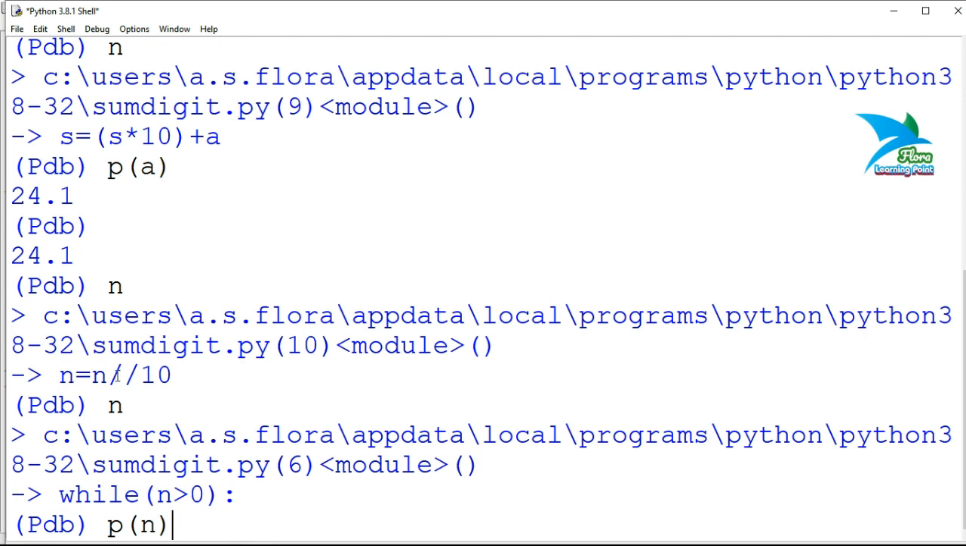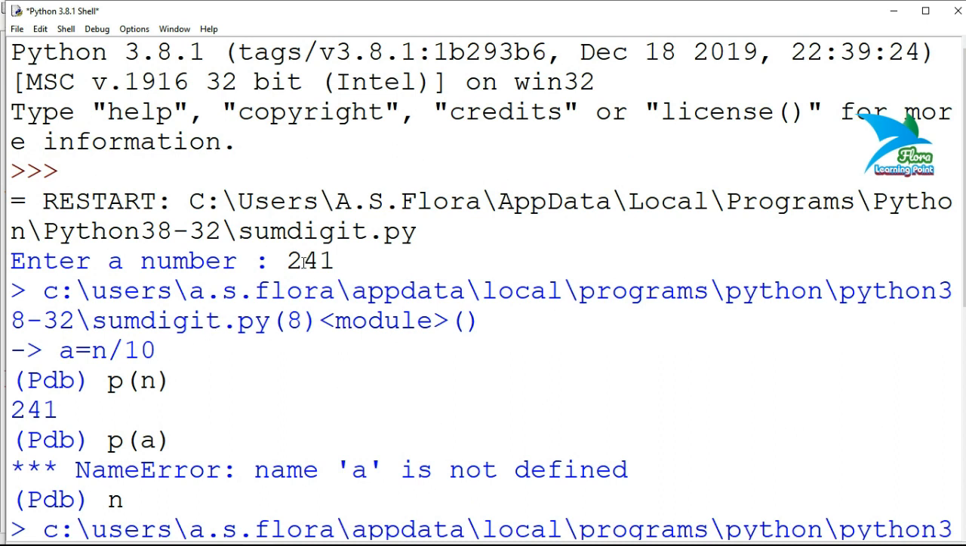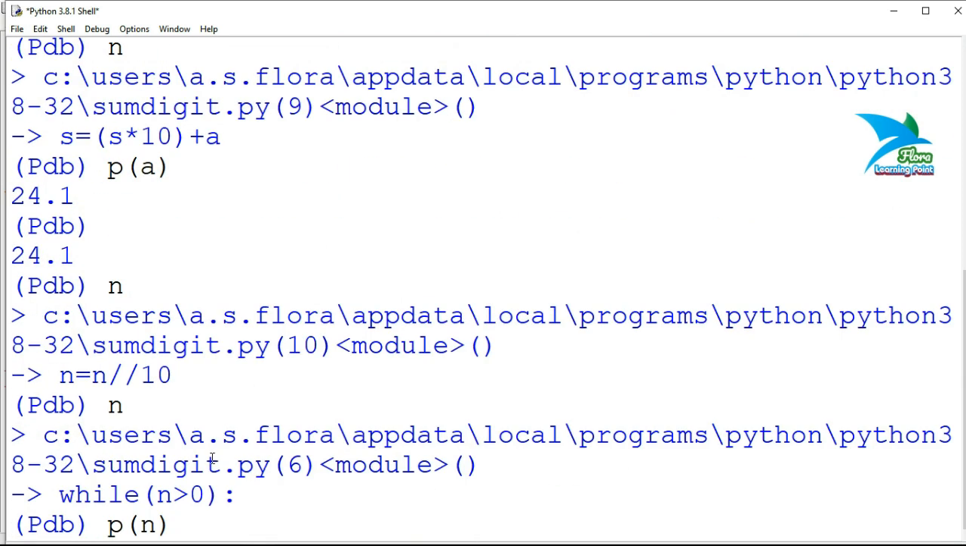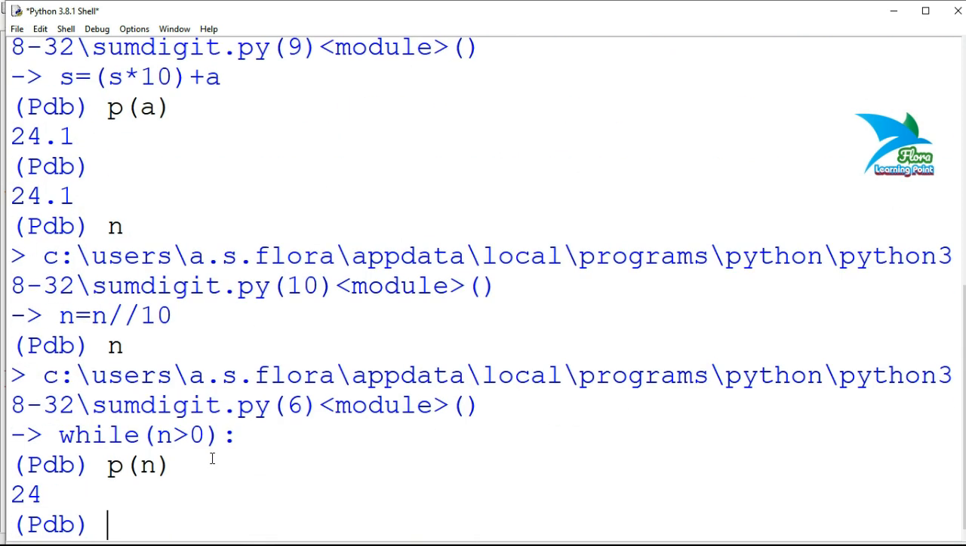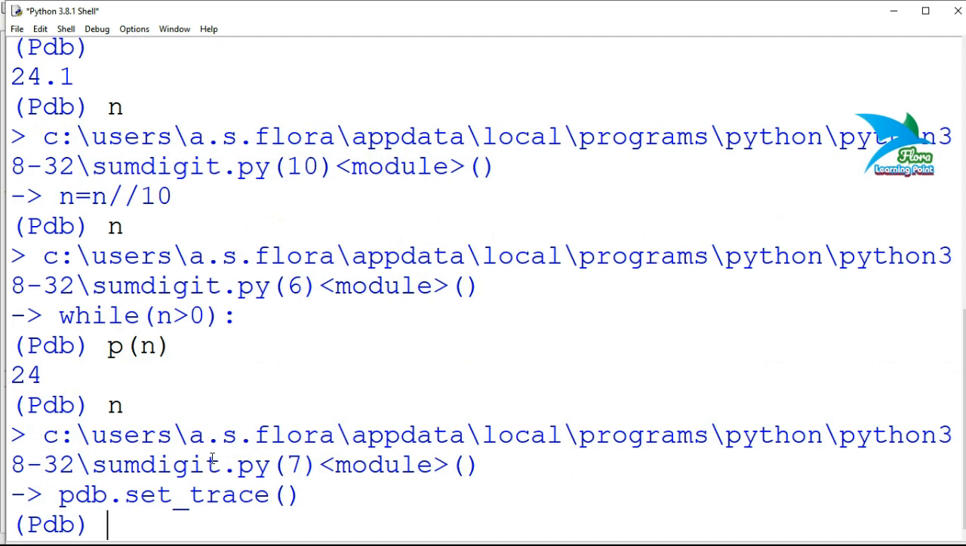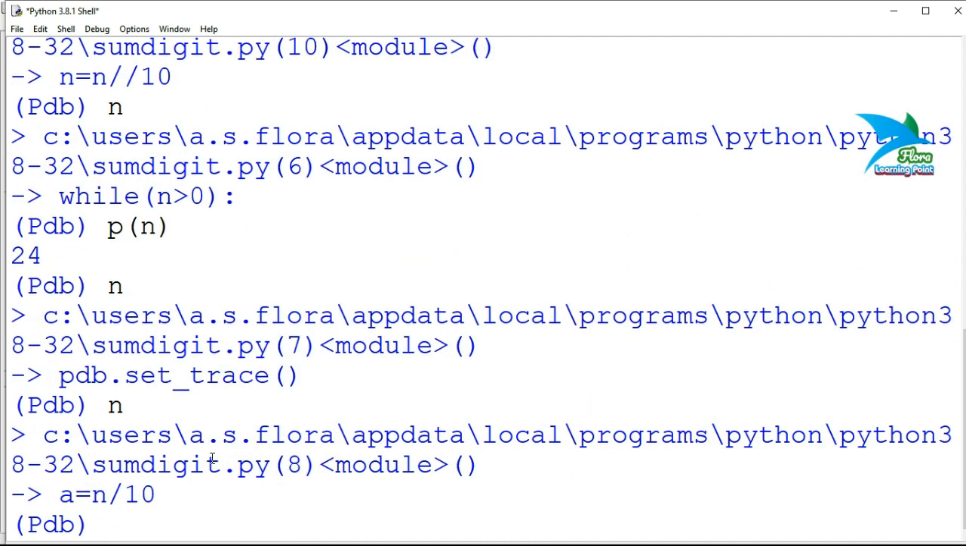So present value should be, after performing this division, one digit will be removed. The value of n was previously 241, and now the value should be 24. So now you can check the value of n is 24. If you press n, now again trace function call,